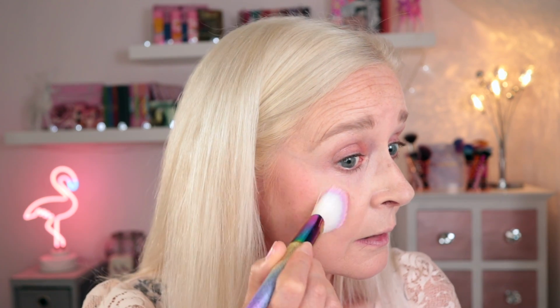Now when using eyeshadows as blush, you have to be quite careful with how they come out because you never know quite how pigmented they are. I'm going to start with Prom Night, which looks pretty vivid in the pan. I'm going to start applying that in a higher placement than perhaps you might do otherwise, because as I say, when you're using an eyeshadow it's going to come out pretty pigmented, but actually that's really, really pretty. I love the tone of that, like a candy sort of pink,